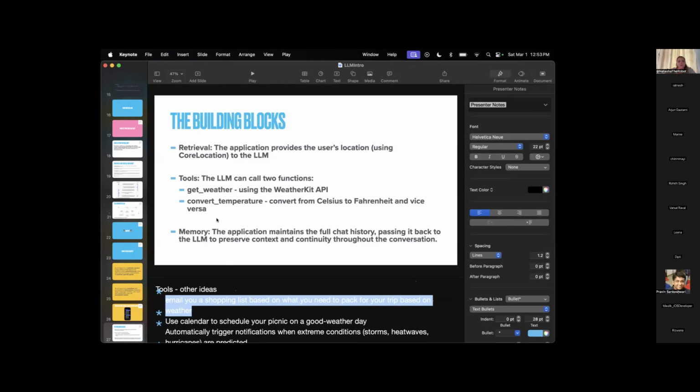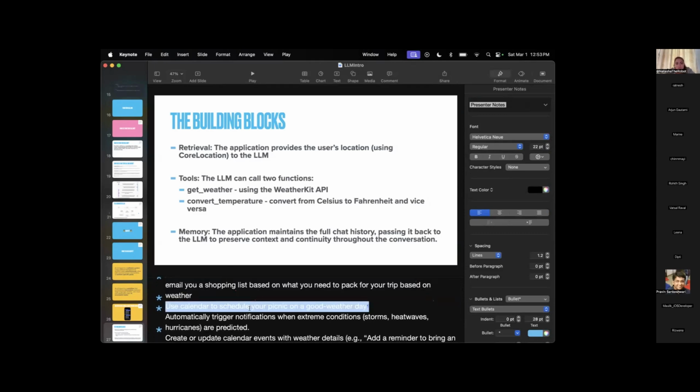Then you can have a function in your app that will send an email. You can use a calendar to schedule your picnic. So maybe based on the weather, the user wants to schedule something, then you can have a function that will integrate with the calendar. So this is where the power of iOS really shines, and it's not possible on the web. So that's why I encourage all of you to start building with AI, because iOS is the best